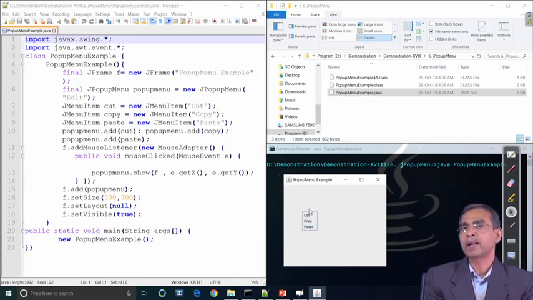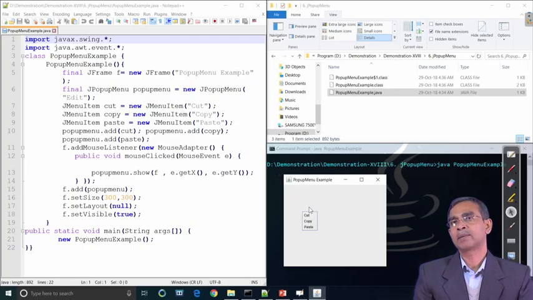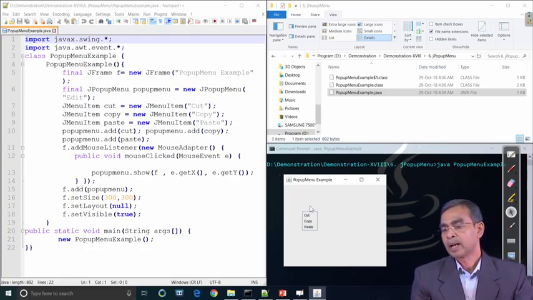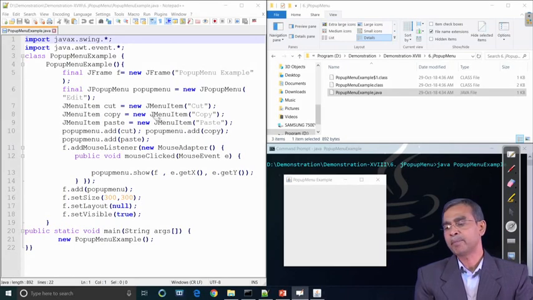This is something different from the examples you have considered about AWT, as it is specific to JSwing only. Here we can see we create a frame first. The frame will include this pop up menu, and it is declared as final JPopupMenu. Yes, we create this one, and the name of this pop up menu is edit.